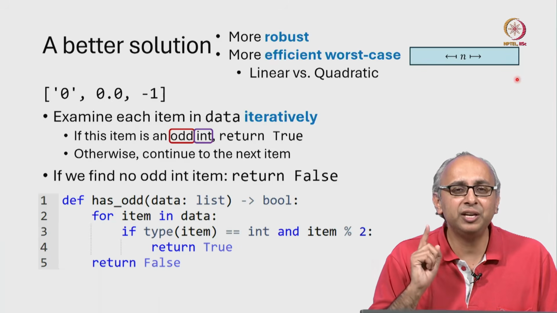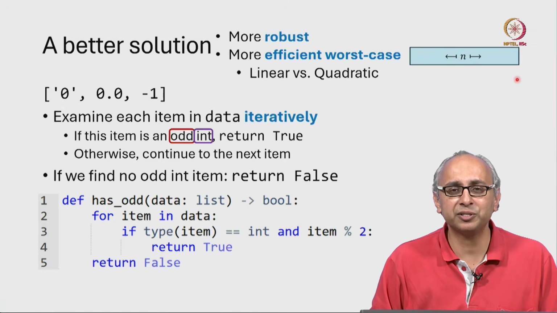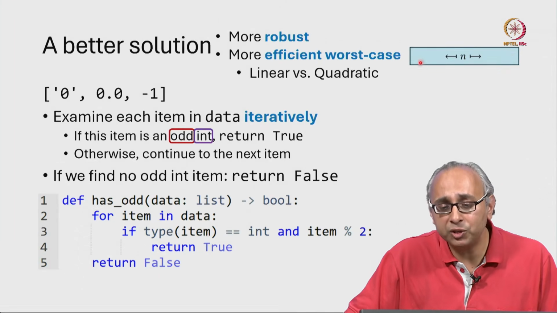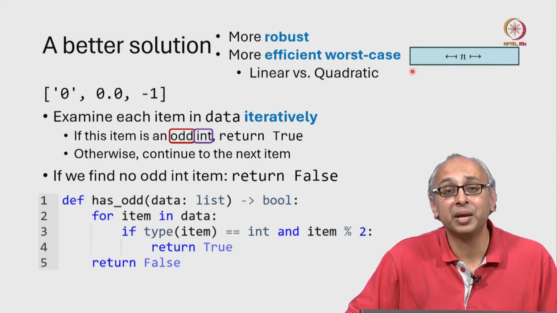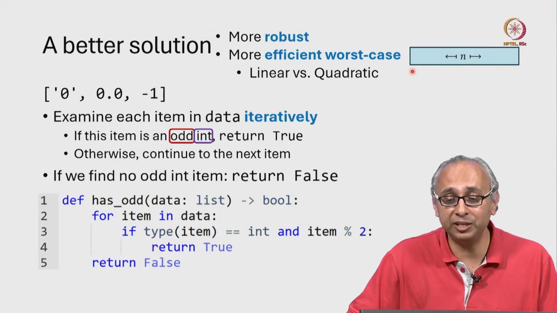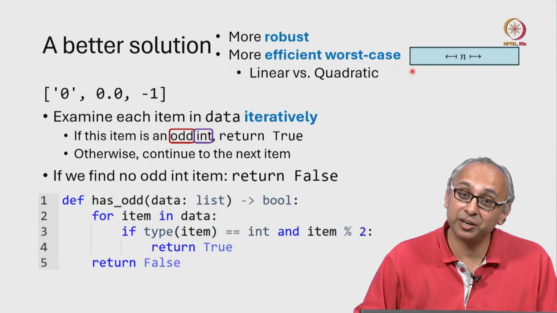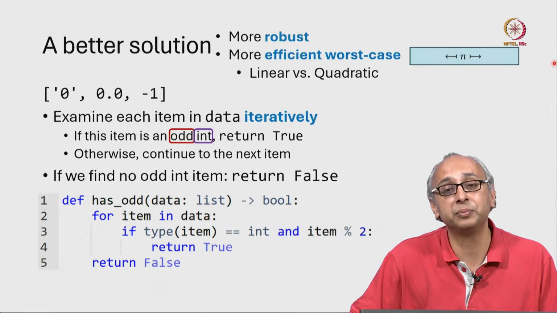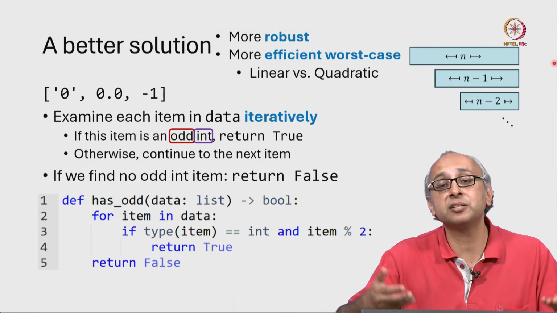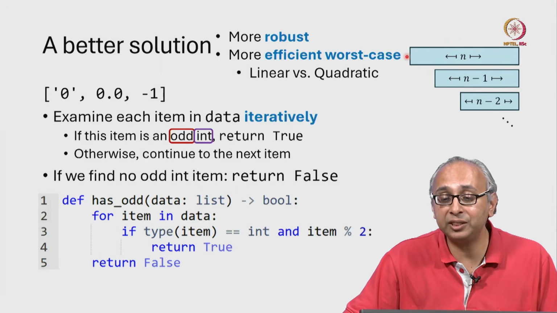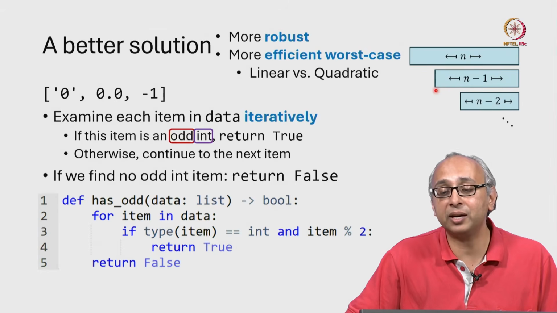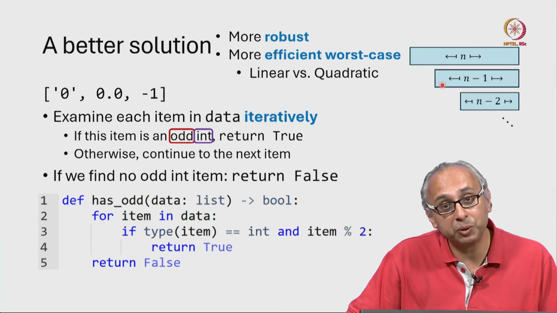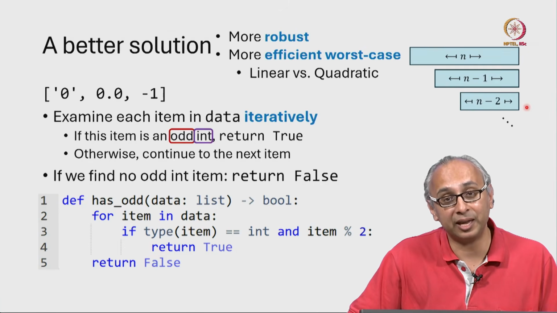On the other hand, think about what happens in the old recursive code. In the recursive code, we don't examine every item right away. We just examine the 0th item. And remember, if that is not an odd integer, we make a recursive call on the slice considering everything starting at index 1 all the way up to the end. So that slice requires us fresh memory. We have to take the original list of size n and now make a copy of the last n-1 items. If the 0th item there is not what we want, then we have to make a slice of length n-2.